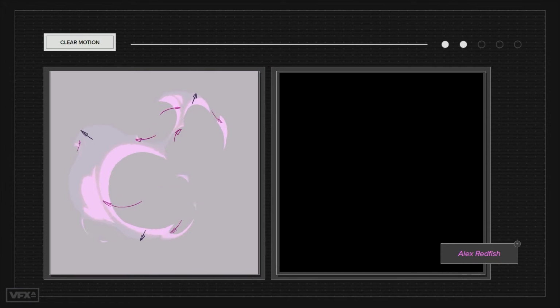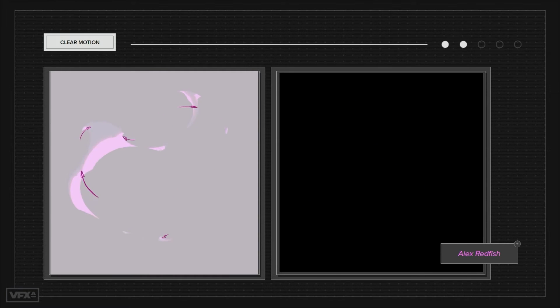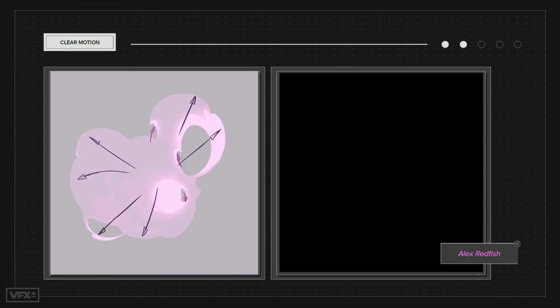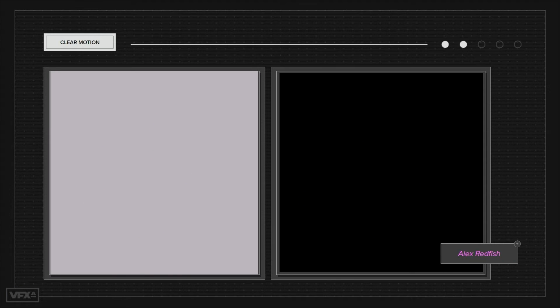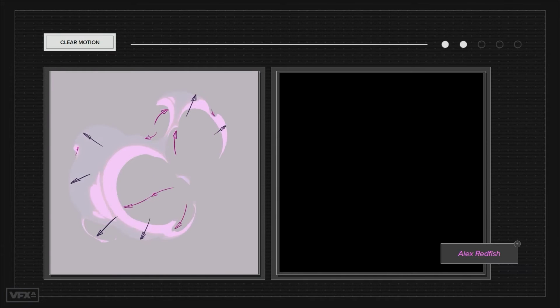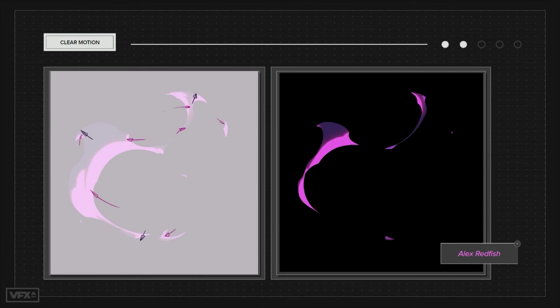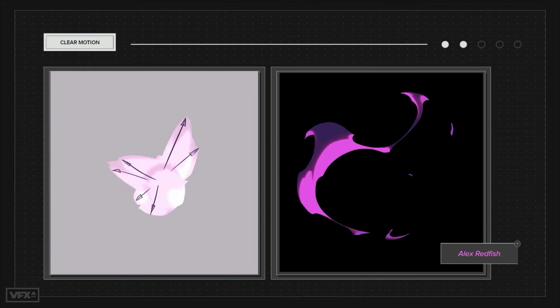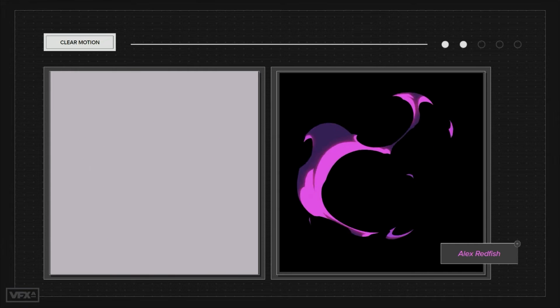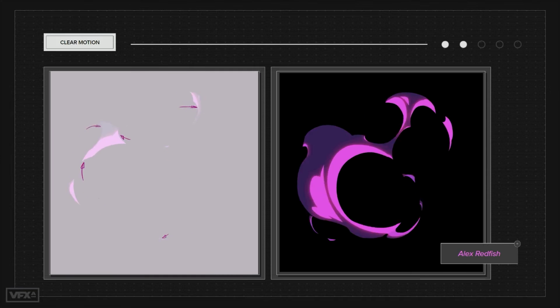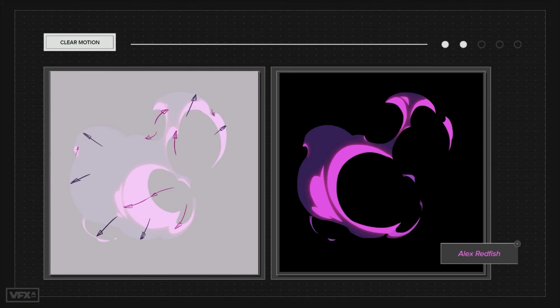And we can play with these complementary movements to add more variety in the effects, to make the movement more exciting. In this netherpoof effect, made by Alex Redfish, we can see that the main action is going outwards. The initial poof expands the volume, and the negative shapes in the beginning are also following this strong outwards movement. But a few frames later, the outwards motion gradually changes with an additional curved motion. This motion is still complementing the main action, but it adds variety to the animation, and creates a more interesting